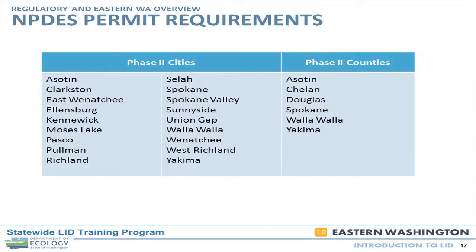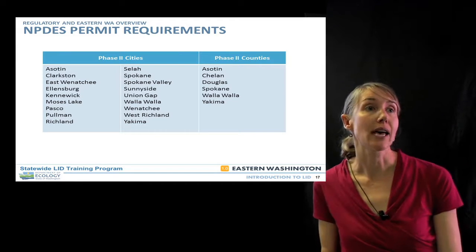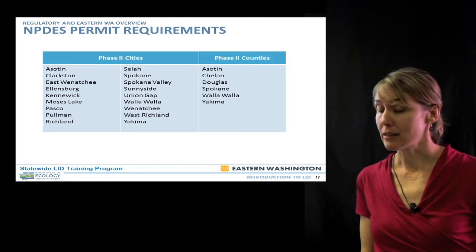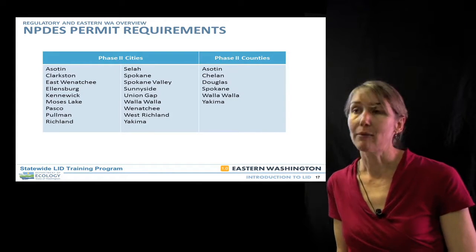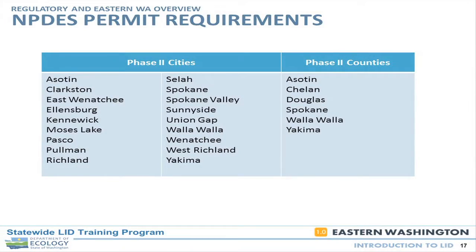So here is a list. We've got 18 cities and portions of 6 counties that are Phase 2 permittees in Eastern Washington. There are no Phase 1 jurisdictions in Eastern Washington. And right now there's a really strong emphasis on updating codes and regulations to allow for low-impact development. And Eastern Washington jurisdictions have until December of 2017 to allow LID techniques, to create measures to minimize the creation of impervious surfaces, as well as to identify measures to minimize the disturbance of native vegetation